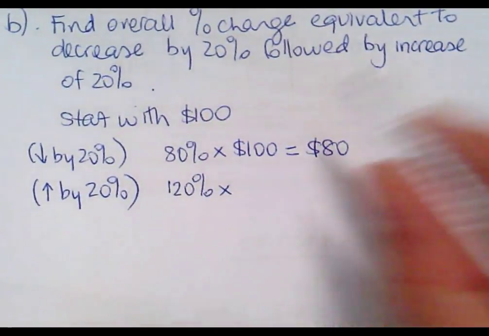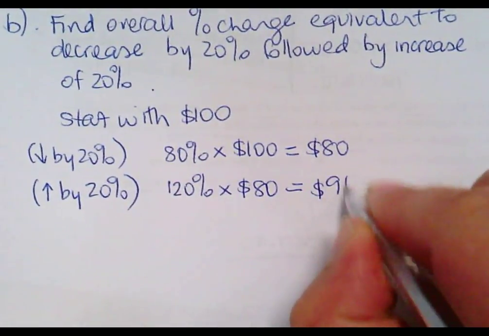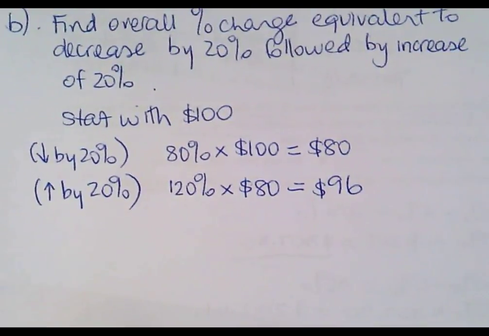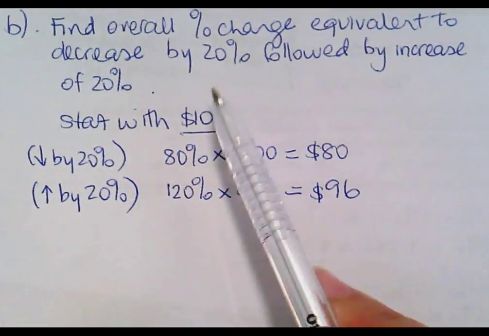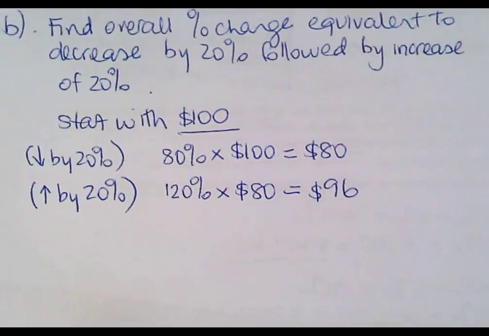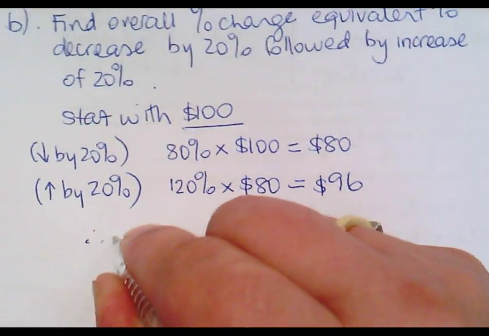Increase by 20%, 120% of 80 is $96. Is that right? Yes. Sorry, I was assuming and I was wrong. The good thing about starting with $100, you started with 100, you've ended up with 96, you've dropped $4 out of 100, which is 4%. Can you see that? Therefore, you've dropped